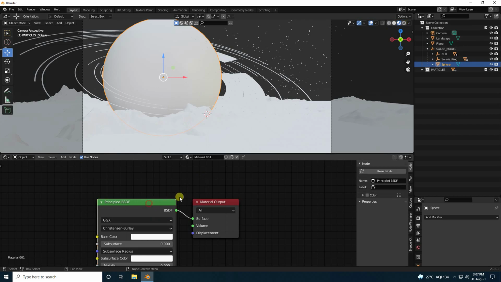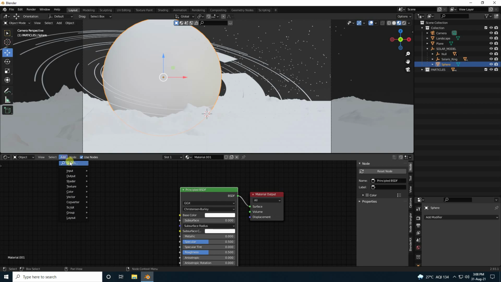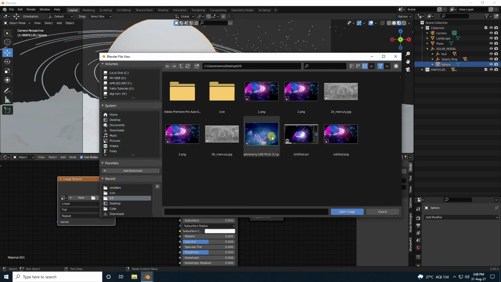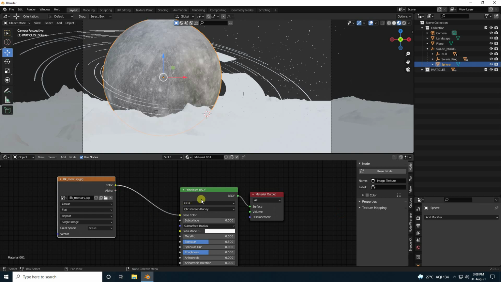Yeah, and now guys I apply an image texture. So I go to Add and type image texture. Yeah, and open. Guys, I have a planet texture, this one. You can download this texture, link in description. So open and connect with Base Color.